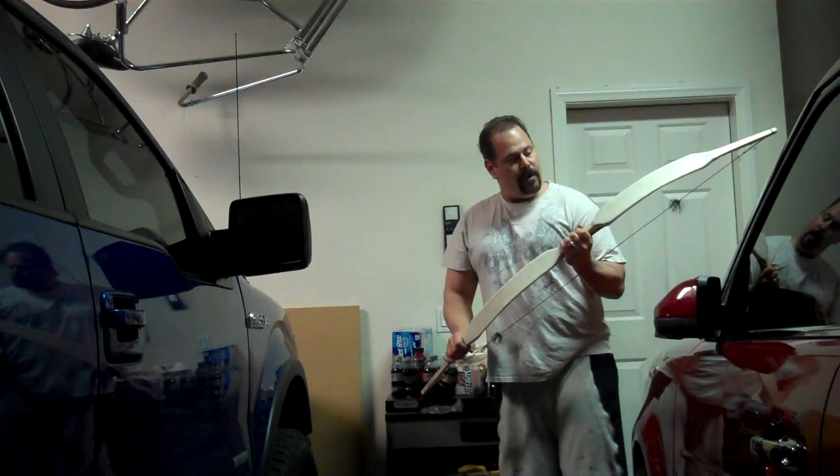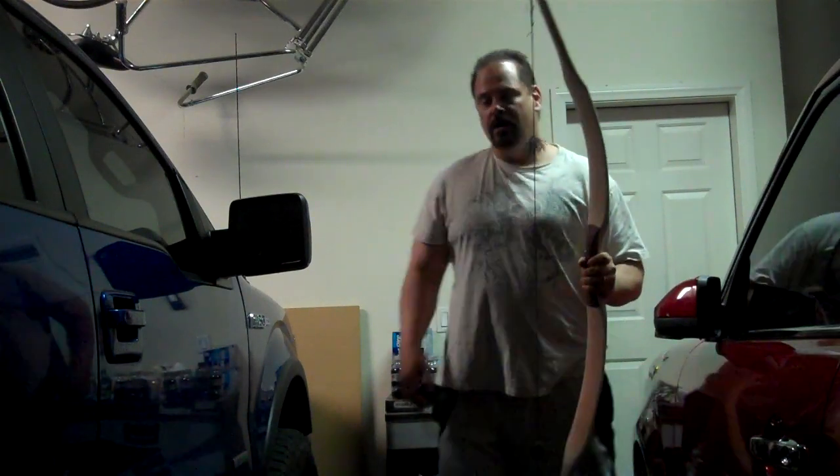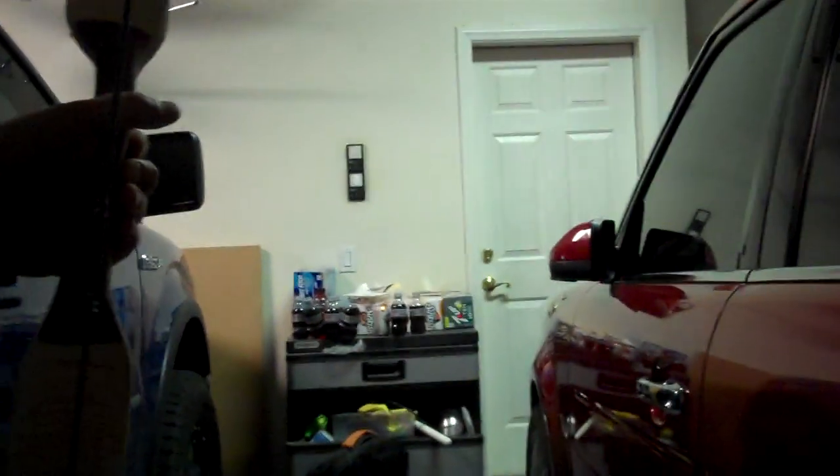I'm thinking it's still got about one good scrape on the bottom limb to get it where it needs to be. And so I marked up the bottom limb with just a different color pencil. I'm just going to take one good scrape of the limb, then go back inside and stand in front of my mirror and do this again. And hopefully,